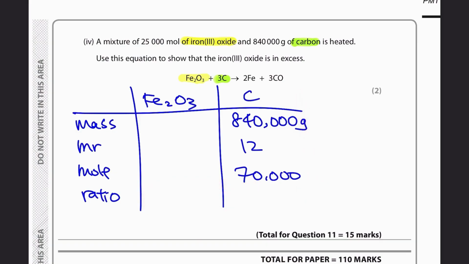What is the ratio of the yellow to the green? Remember I said ratio is a big number, right? So the big number here is 1, the big number is 3. So I'm going to write that down, 1 and 3. And once I have the ratio, I can work out this number because these two numbers have the same ratio as these two numbers. So what that means is,